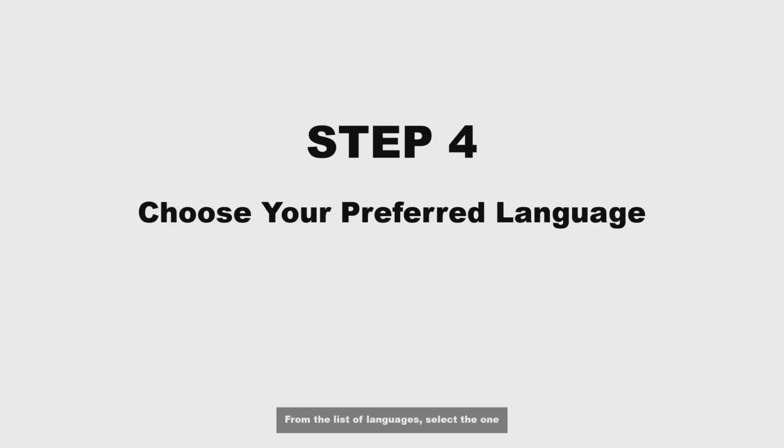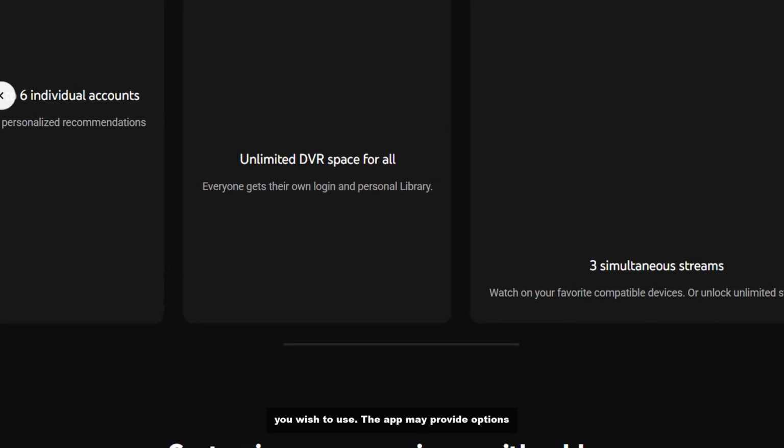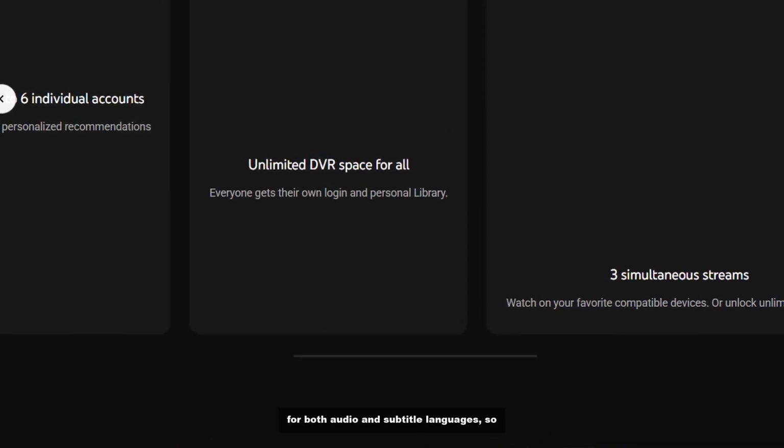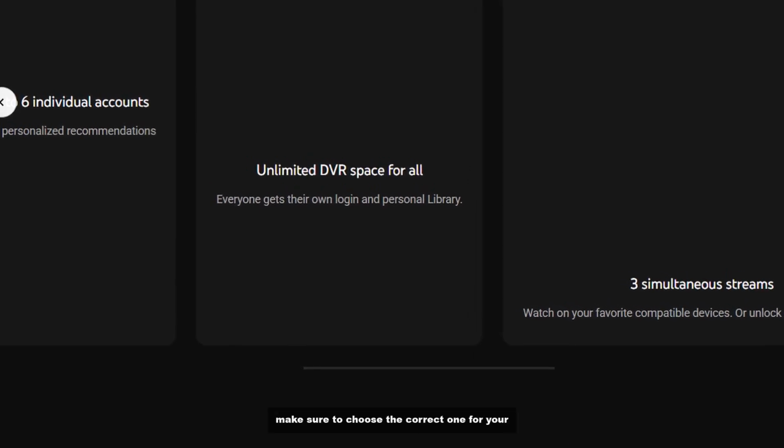Step 4. Choose your preferred language. From the list of languages, select the one you wish to use. The app may provide options for both audio and subtitle languages, so make sure to choose the correct one for